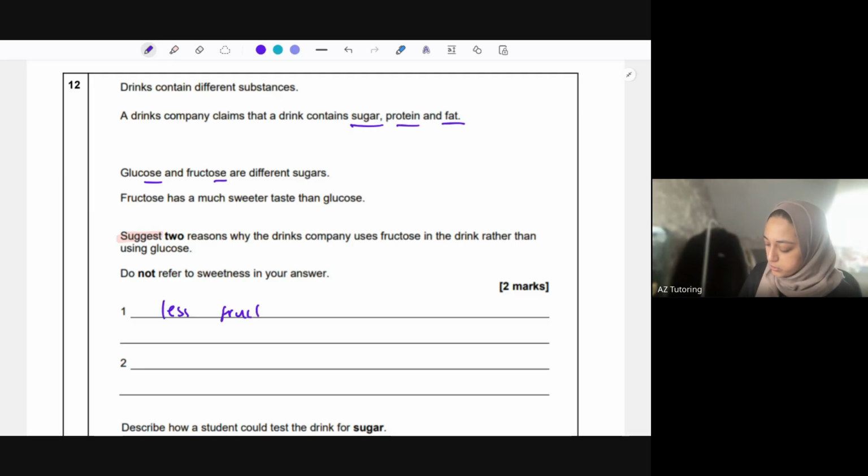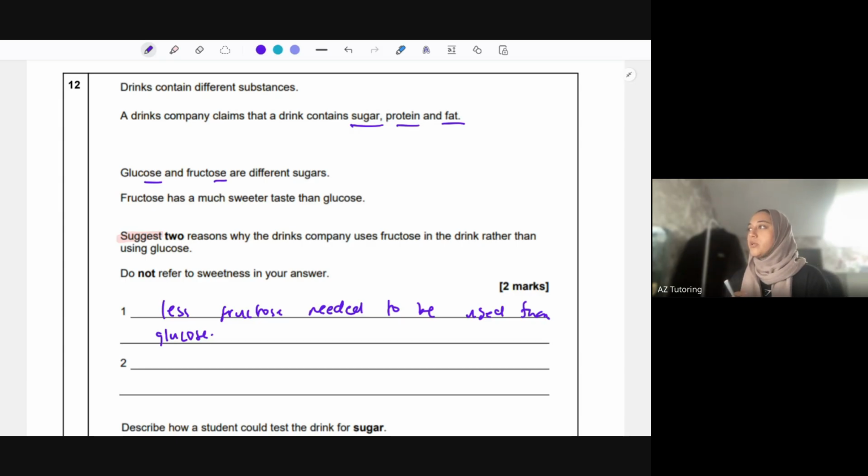So less fructose needed to be used than glucose, because that's the only reason they're adding it in. They're adding it to change the sweetness of the drink. So less fructose needed, so that's like an economical benefit for that. You could also say the whole energy thing that I was speaking about, so less energy in the drink when using